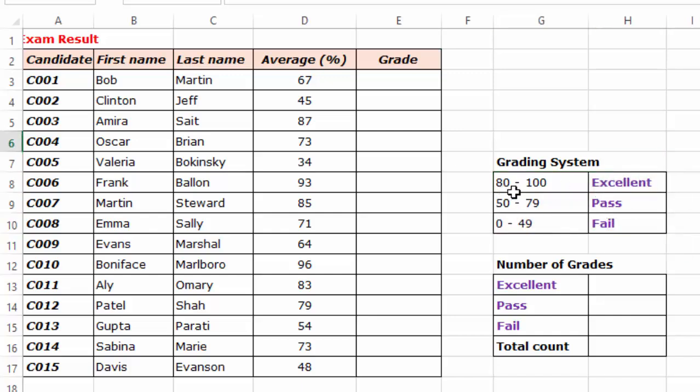Any average mark which is between 80 and 100 will be given an excellent grade. The one between 50 and 79 will get a pass. And if a student's average mark is between 0 and 49, of course that is a fail. Down here, I will count how many excellent grades I have, number of passes and number of fails, so that this analysis can be used by the teacher to gauge what they can do according to how the students have